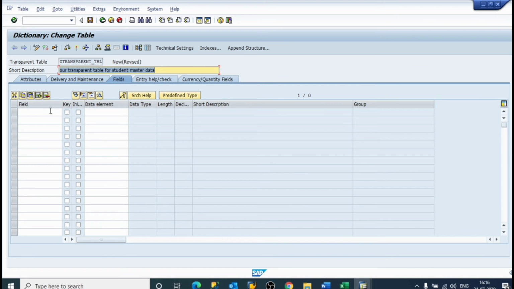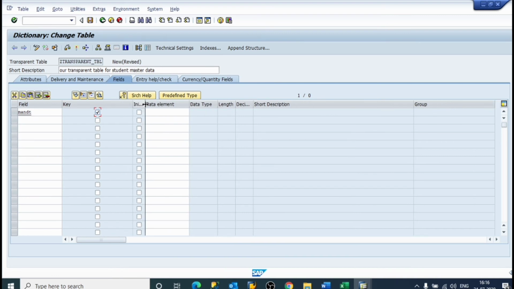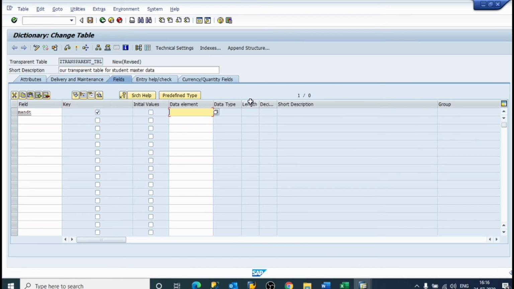Now I will write MANDT, the client field, with initial value, yes. Now what is MANDT?